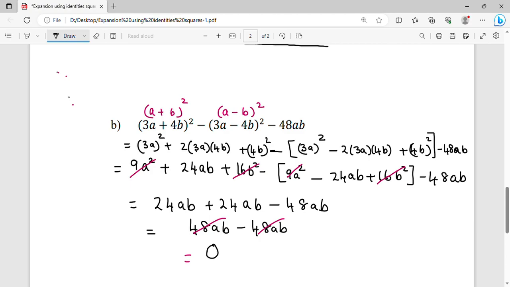You just follow logically and get your expansion done. Hopefully you have understood this part of identities, and let's move on to the next type of identities in the next session. So stay tuned, and you may also want to try these questions from your textbook or worksheets, whatever your teacher has given, so that you would see that expansion is really, really easy if you follow the